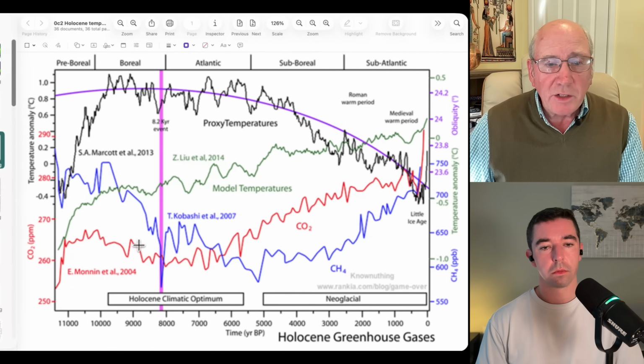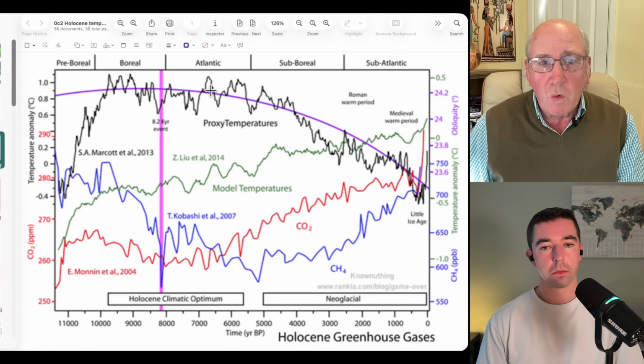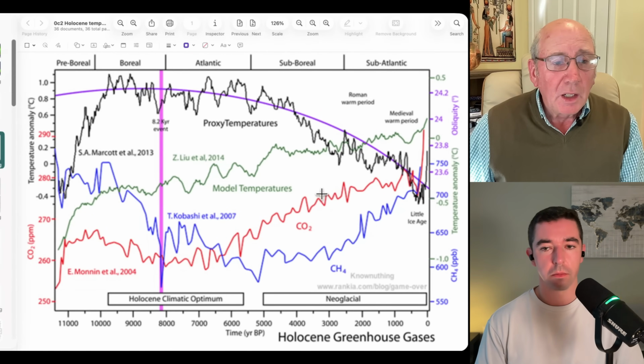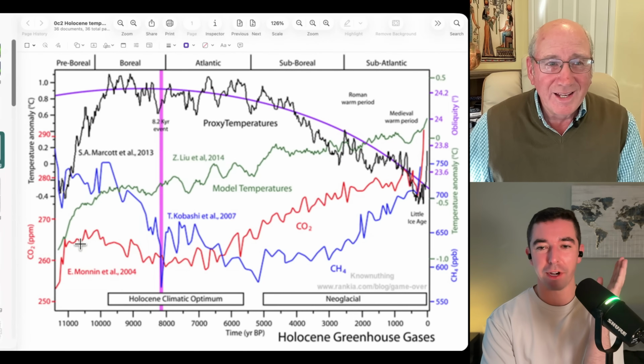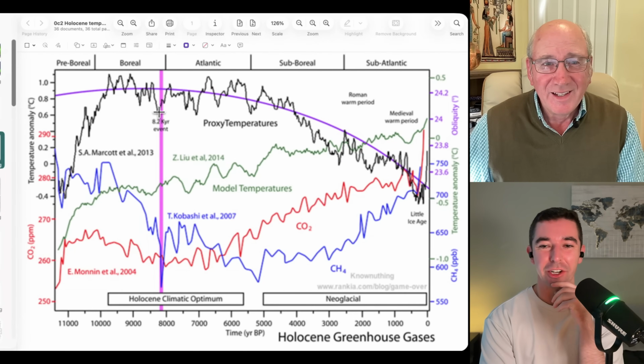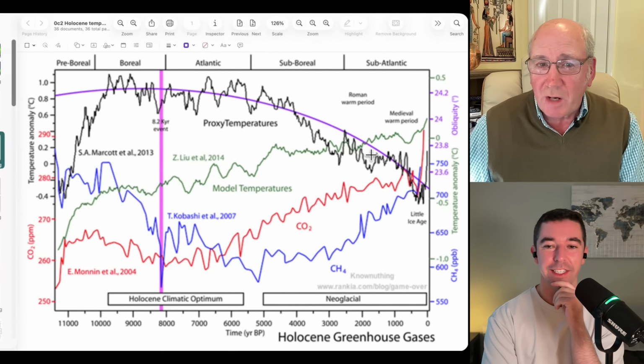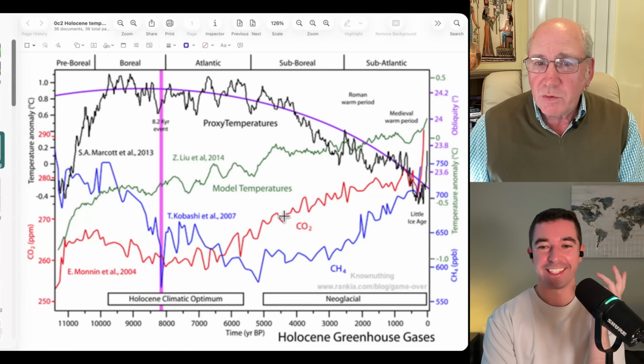CO2 is in red, and again, you'll see there's no correlation between warming and CO2 whatsoever. So Jeez, it puts it to bed, doesn't it? These last two graphs, that's just the nail in the coffin, really, isn't it? When you zoom out, you get the macro picture: as temperatures are reducing, CO2 has increased